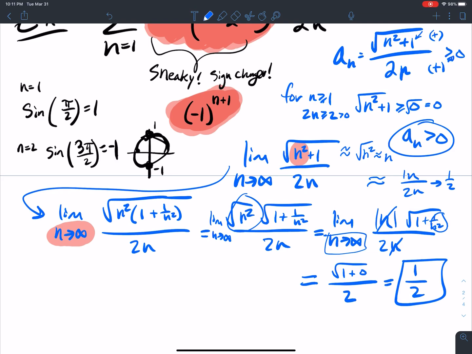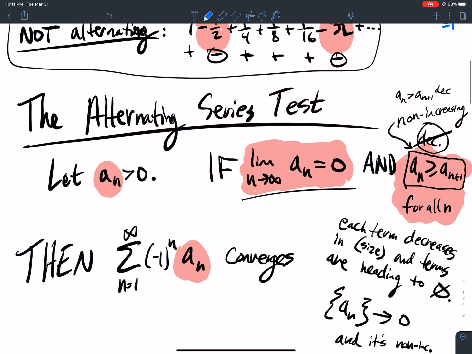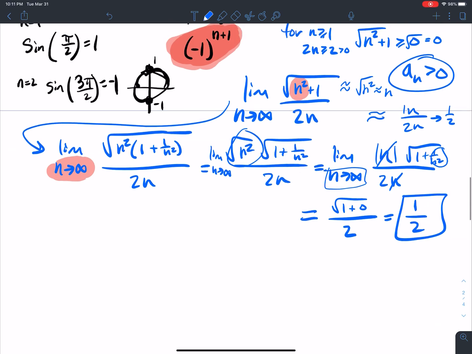Yikes. That a sub n just limited to 1/2. What does our test say? We need to do what? We need to limit to 0. So the alternating series test just failed here, didn't it? It just failed. Okay? However,